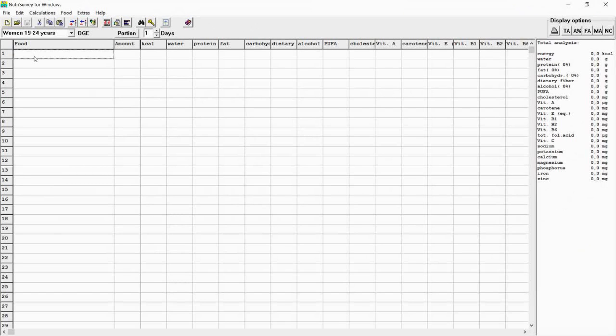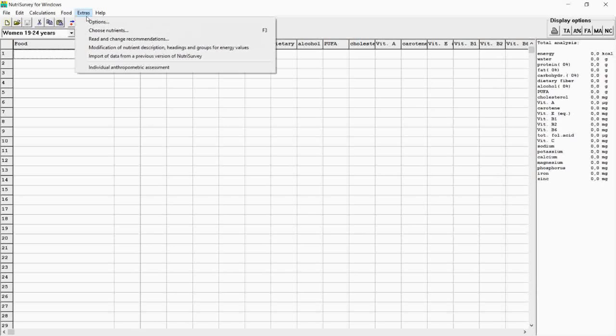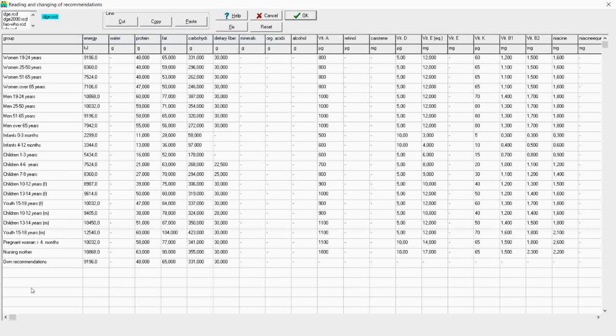As mentioned previously, we can set up our own RNI by clicking Extras and then Read and Change Recommendation. Here are the RDI or recommendations that NutriSurvey has. This is based on RCD. So if we would like to add our own requirement, then we can type in a new line in here.